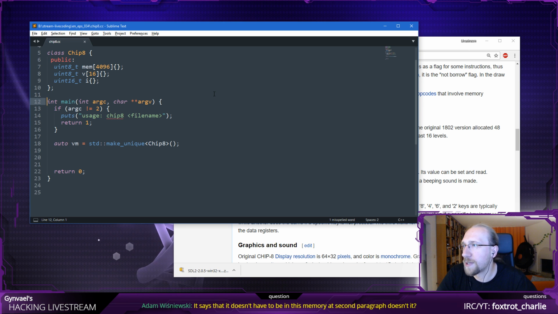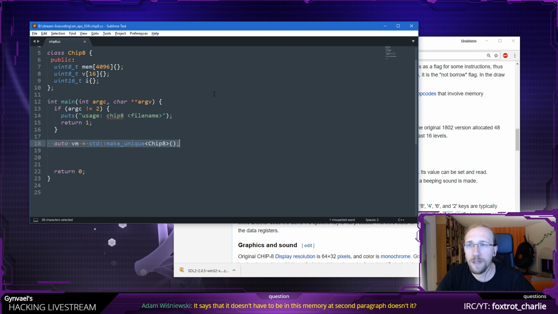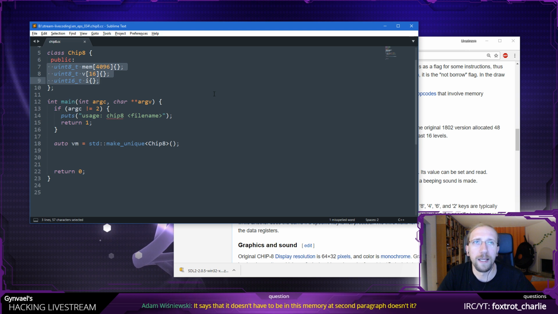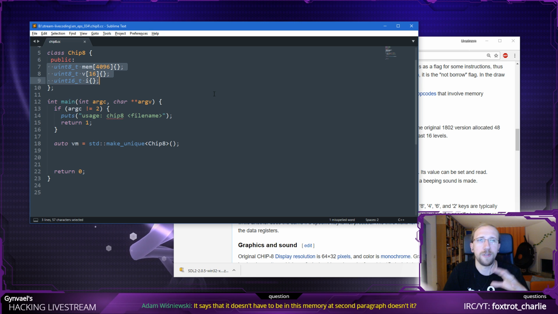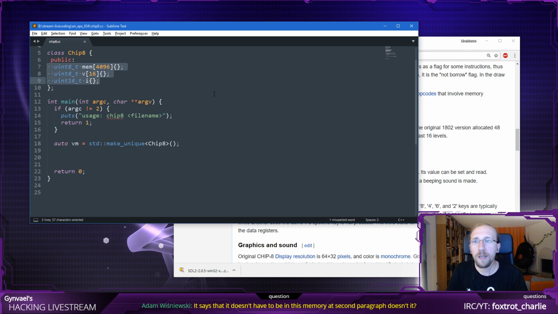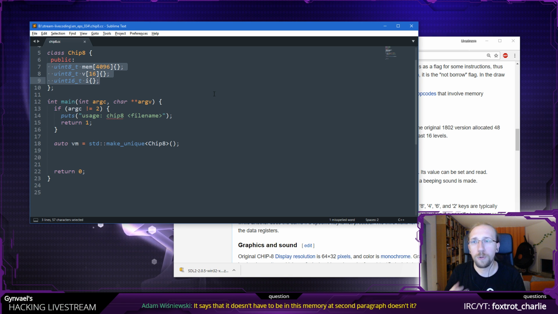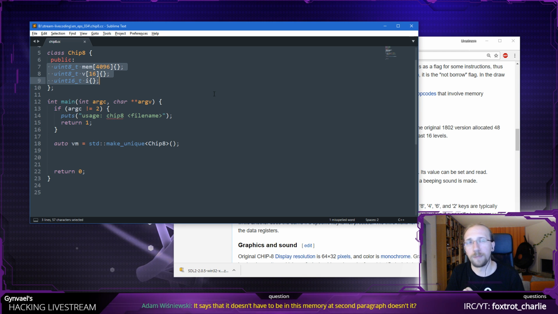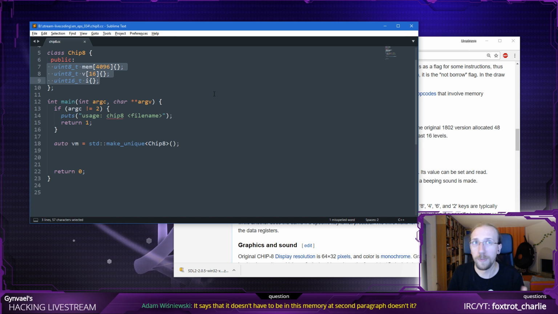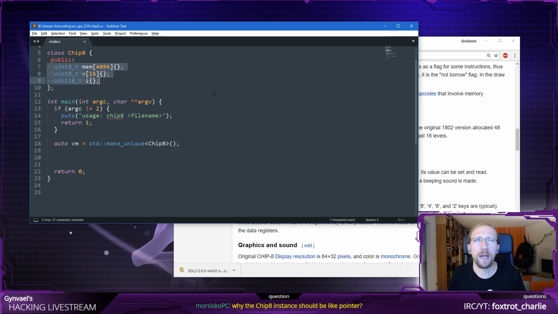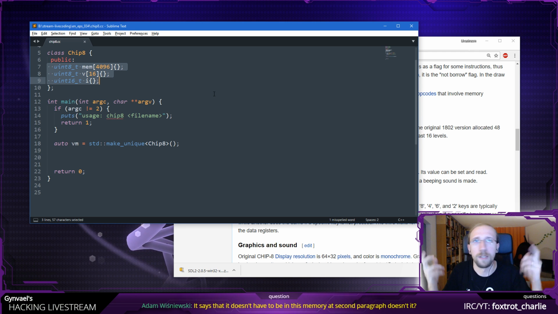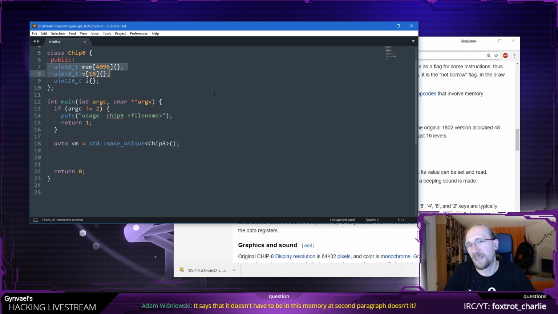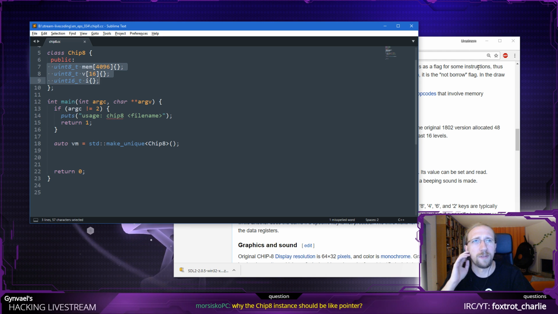Why should the CHIP-8 instance be a pointer? Because in the end, I don't know how much memory I will need, because maybe there will be something which needs a lot of memory, so I somewhat expect that my object is going to be large, and therefore I don't want to put it on the stack, which might be limited, so I'm going to put it on the heap instead, because on the heap I don't worry about it being limited. So it's a good habit to have, and here it's just a question. It doesn't really have to be put on the heap. It could be on the stack, because currently it's about 4 kilobytes. Even on the stack, that's a pretty small amount.